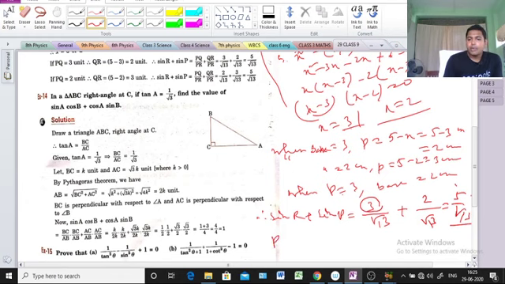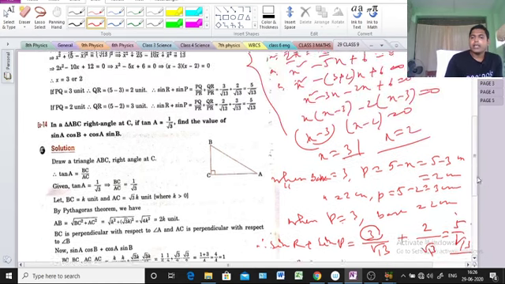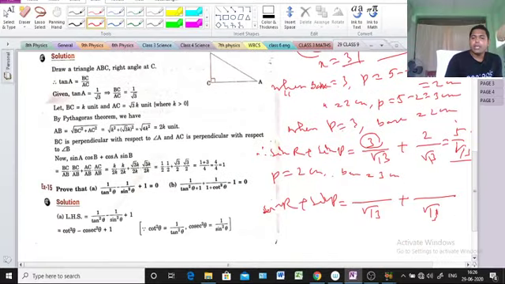Now when perpendicular equal 2 centimeter, that time base is 3 centimeter. So now do this one. Now we find out sin r plus sin p. Now sin r plus sin p equal to dash plus dash. So see, the denominator will be root 13, that one is fixed. Only the numerator will change. Sin r, that time perpendicular is 2 centimeter. So perpendicular 2 centimeter means we can write it here 2.